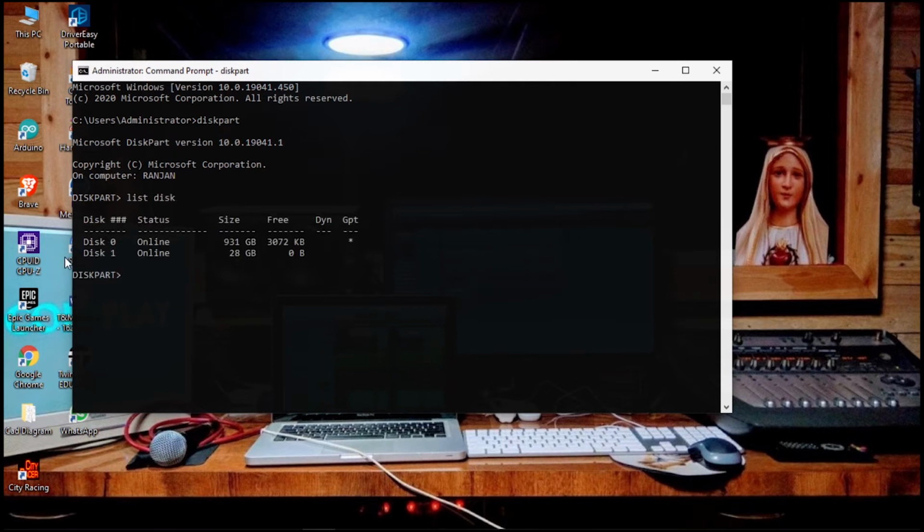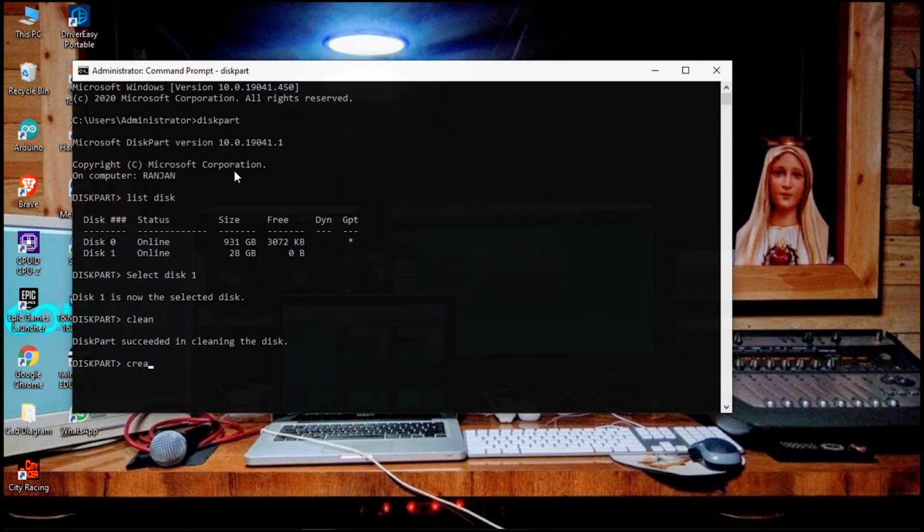Here we can see my pen drive is here, disk 1 online 28 GB. So we have to select disk 1, enter. Now we have to type clean, enter,